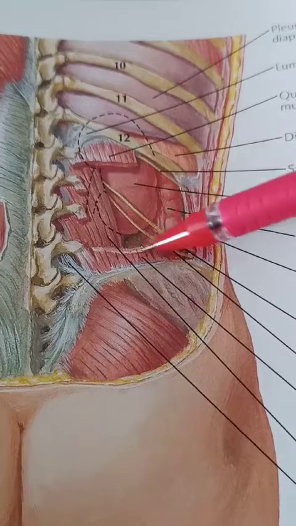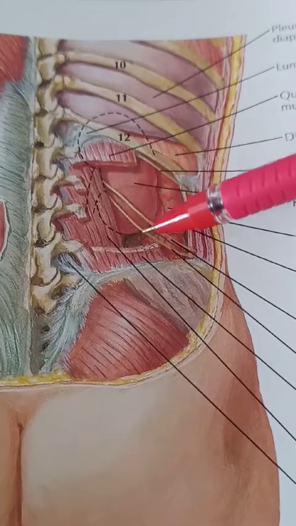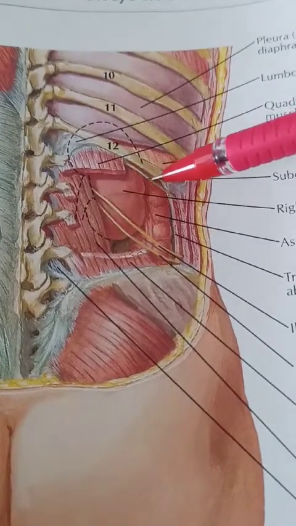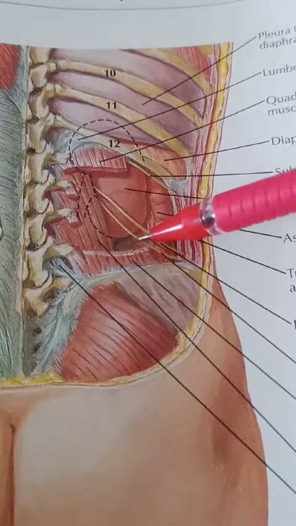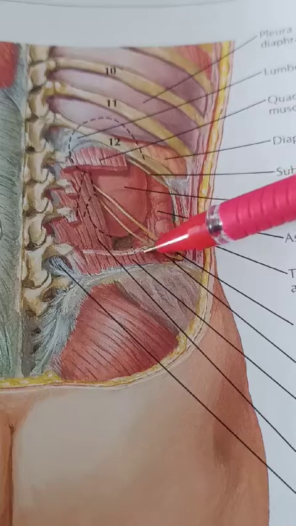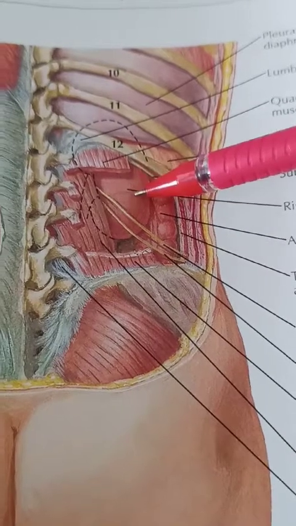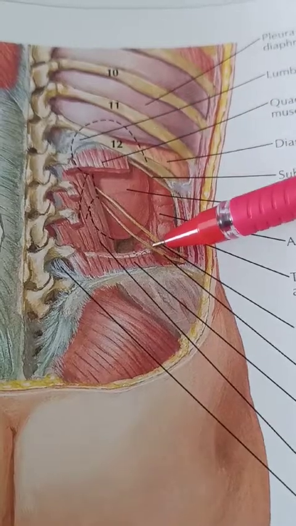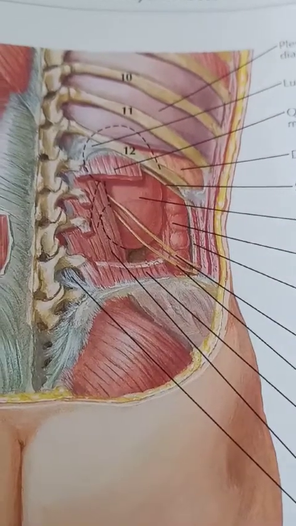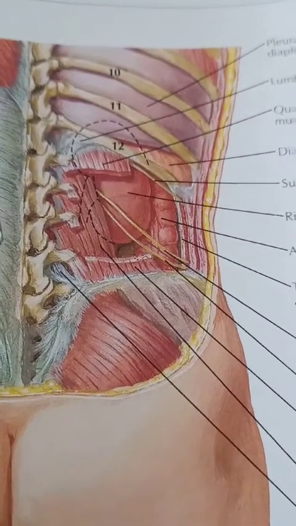You can see they will cut the muscles and we can see these are the nerves. See, this is the subcostal nerve, this is the iliohypogastric, this is the ilioinguinal nerve. And through this opening we can do the surgical procedure for the kidney. This parallelogram is known as the Morris parallelogram. So how we are going to draw the Morris parallelogram is